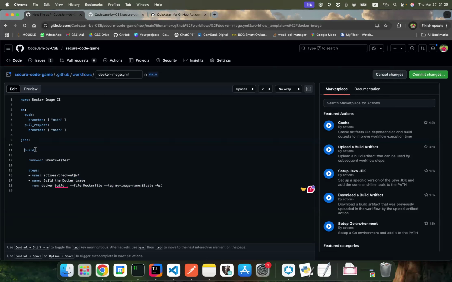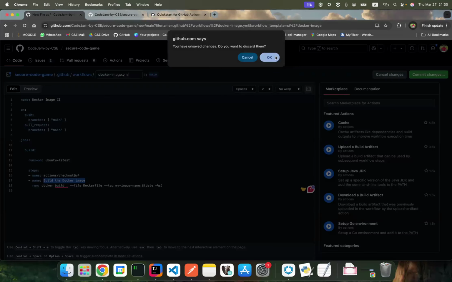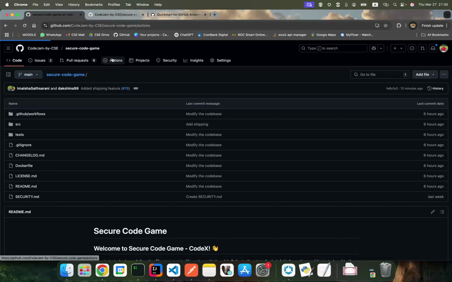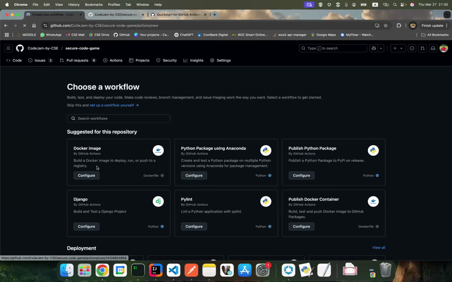So it will build on this Ubuntu VM. Steps are basically to build the Docker image. You can add this workflow file, that means the docker image YAML file, into the .github/workflows directory, and whenever the trigger comes into the picture, this GitHub Action will execute and build the Docker image that you have at that particular location. That's all about GitHub Actions at that briefing level.